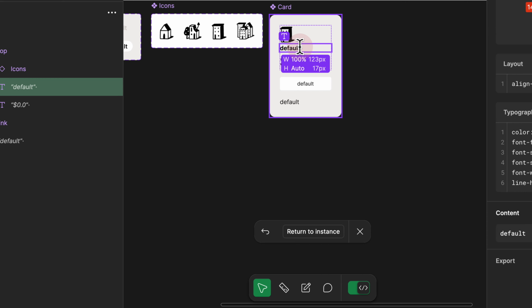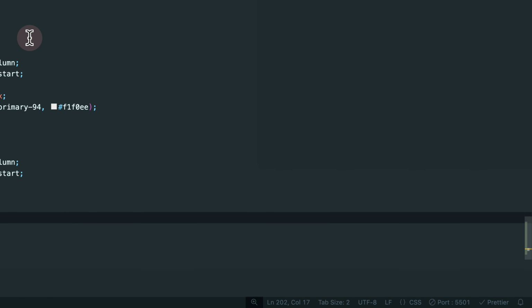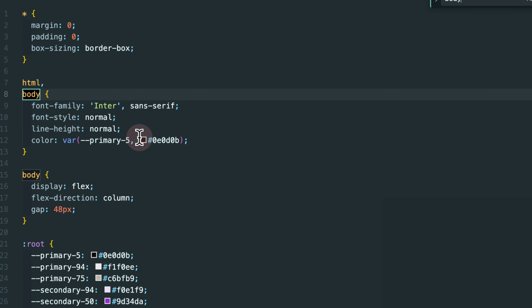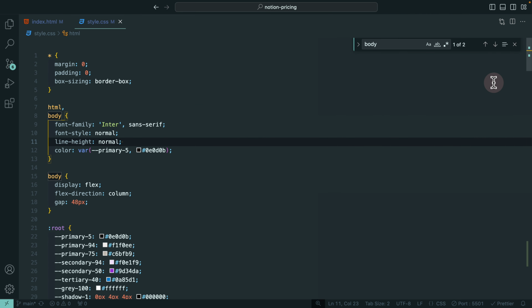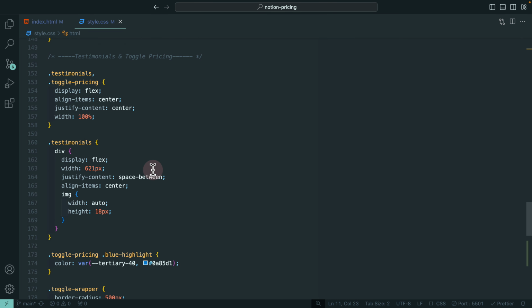Here we have our paragraph text, which is basically having the typography style generated on the right side. We only need the color and the weight because by default the font size is 14 pixels. So if I go ahead and copy this and visit CSS, if I search for the body, here we see that we have the font family added. And what I do notice is we don't have the font size added in the body. So that means we also need to add the font size